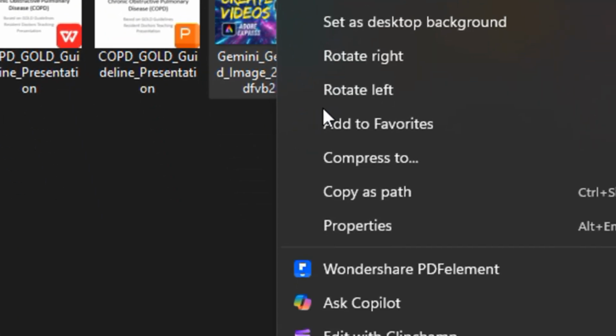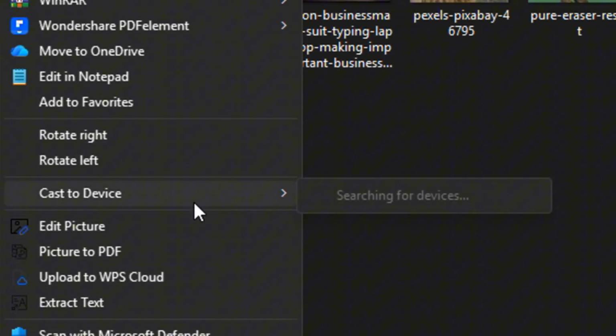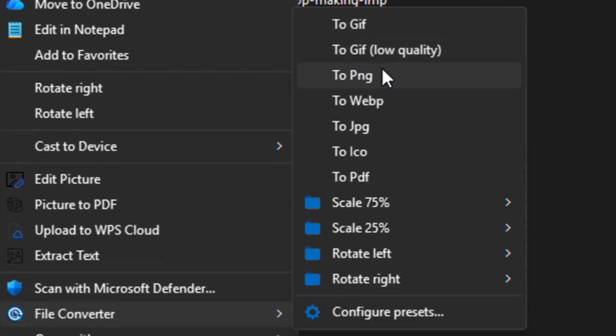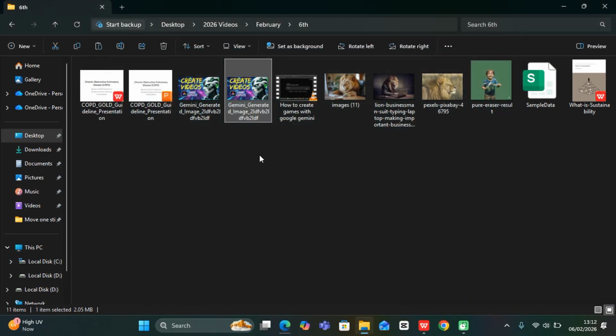I can select, right click, and then come to show more, and you can come to file converter, and I have this many different features to convert. Let's say I'm going to convert this into a JPEG. Okay, so we can see with just this simple click, it has converted everything,